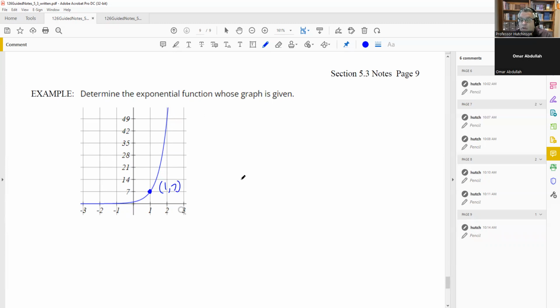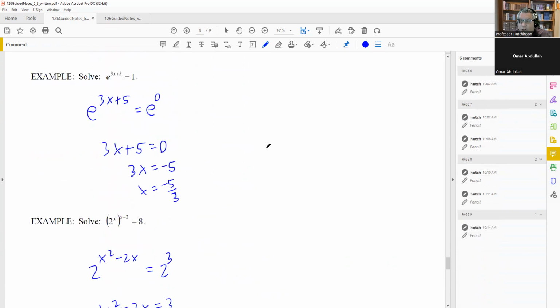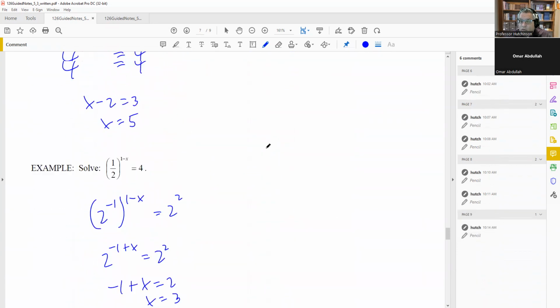Okay, so it goes through (1, 7). These graphs of this type, we see that it is increasing and going up like that. We talked about these graphs a little bit yesterday, but these all are going to be of the form some number raised to the power of x. We've already looked at the 2 to the x graph and the 3 to the x graph. We already had that. And the way that these work, let me go back to the one that I did earlier, the one that we started the